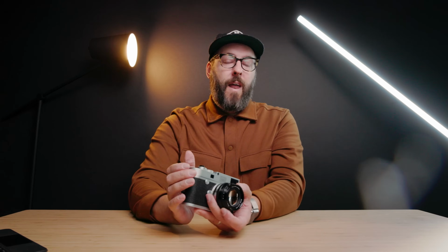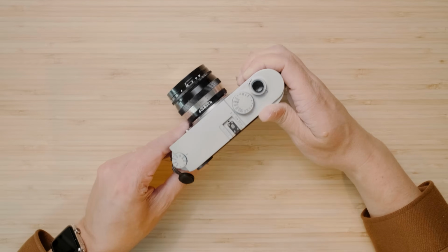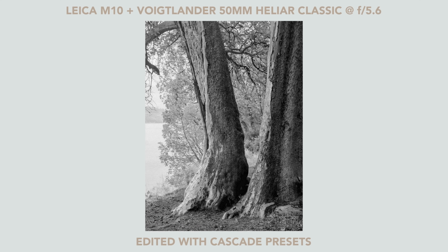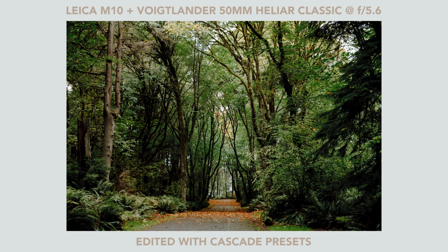Now, one of the most shocking things for me was that I took a ton of sample images at 1.5 and then a bunch of other sample images back to back at 5.6. Even to the corners, I was shocked at how well this rendered detail and gave you such a cool look. So you could buy this lens, use it at 1.5 for portraits and get that really vintagey feel. Then you could stop down to something like 5.6 and get maybe not modern, but a rendering